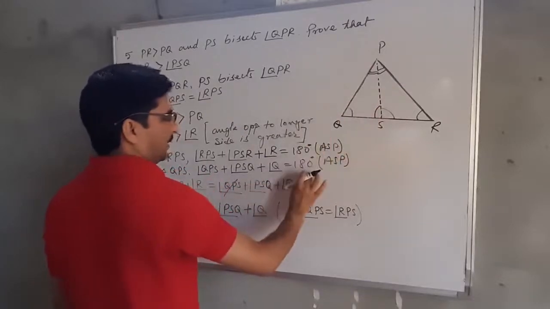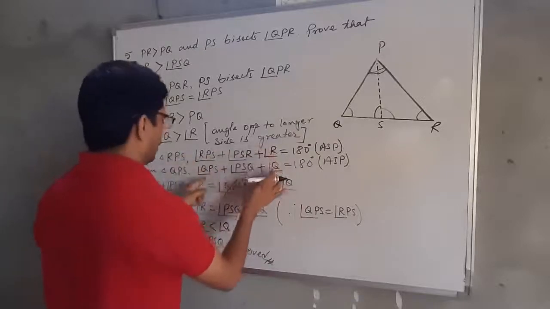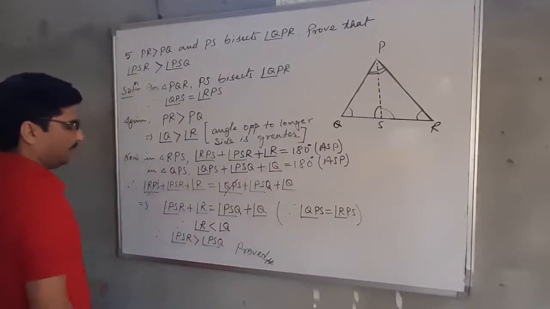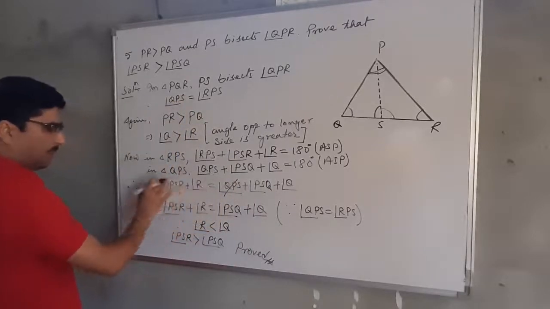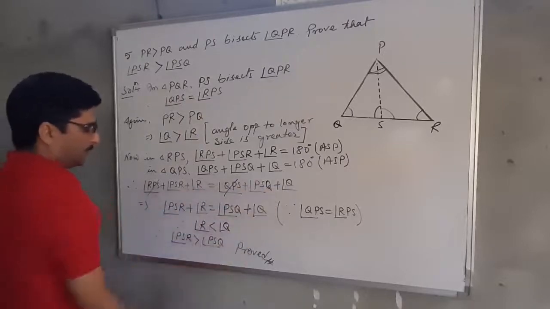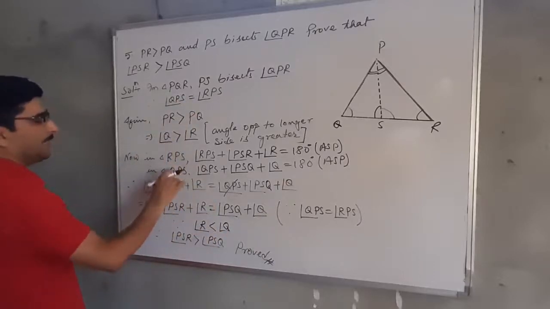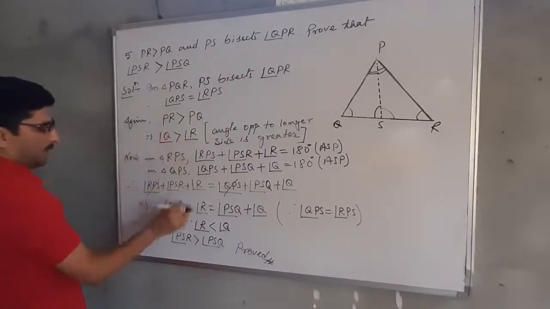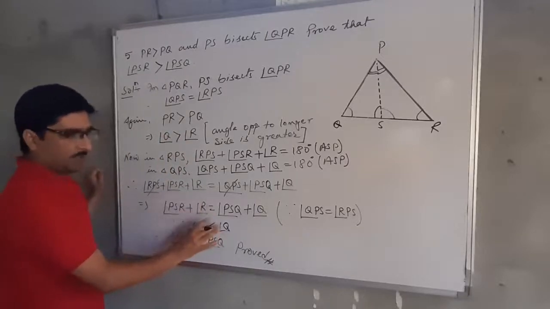Equal to 180 degrees. Now, since the sum of this is 180, the sum of these three is also 180. That means this sum is equal to this sum. I have written here. Okay. Since RPS and QPS are equal, they cancel. So we have this one, and then PSQ and Q. Now since R is less than Q, it is given. I have written it in another form so that you can understand more. Q is greater than R means R is less than Q. You can write Q is greater than R, no problem.